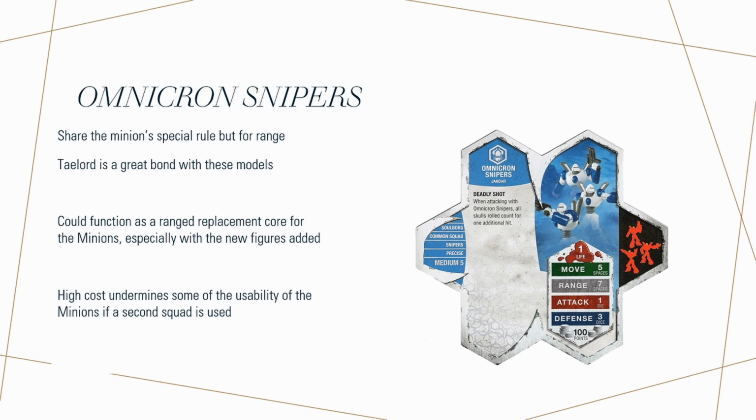And with that, you'll probably take somebody out each turn or deal some kind of damage. Now the real interesting bit is the way that they can also bond with Taylord, because Taylord increases their attack even further. So with this option in mind, if you have a couple of snipers and a couple of minions and Taylord